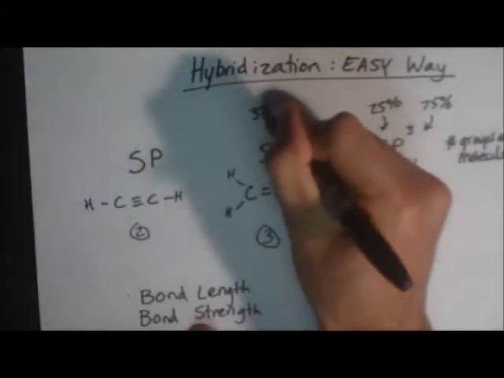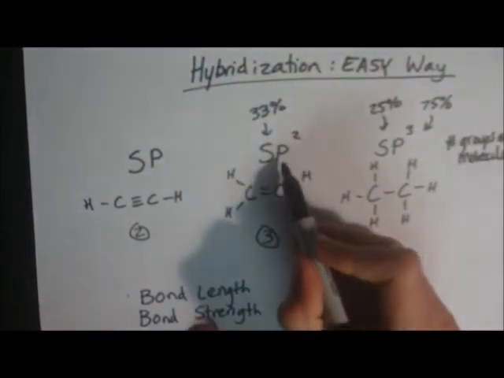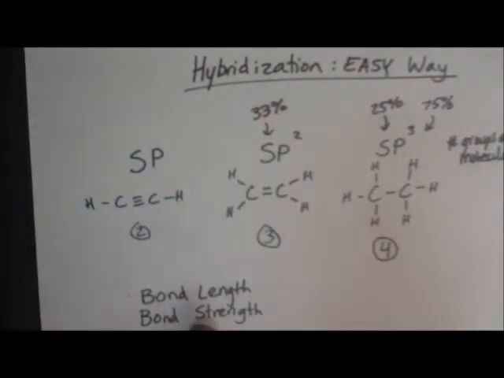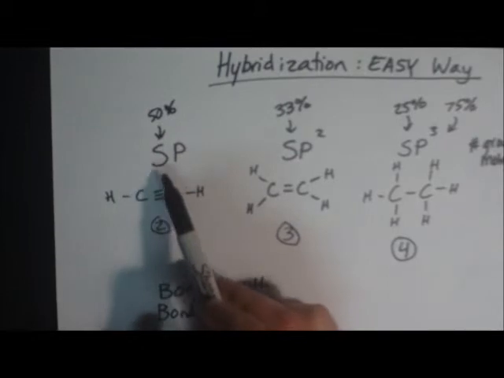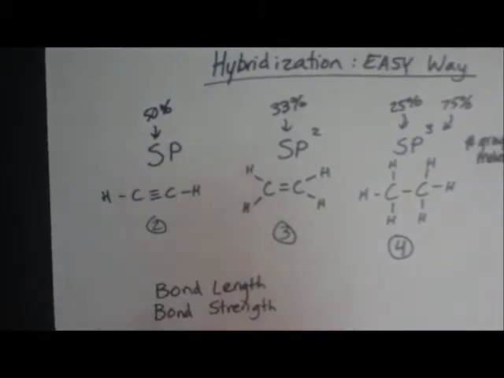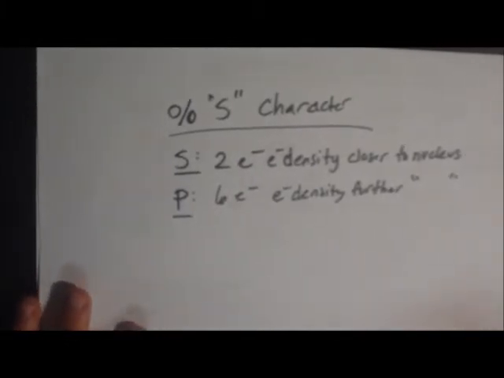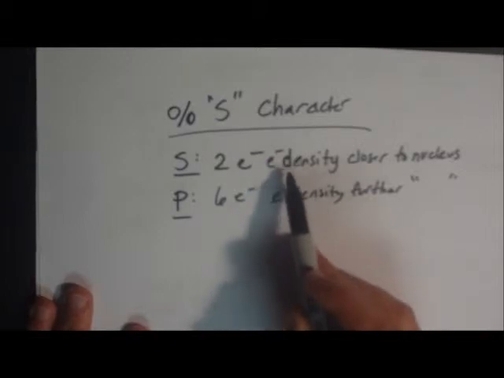Here, it's going to be 33% s character, because you have 2 parts p and 1 part s. So it's going to be 33%, and then 66% for the p. And here, you're going to have 50% s character in an sp hybridized molecule, because there are 2 parts, 1 part is s, 1 part is p. 50%. So, like I said before, the more s character, the closer the electron density is